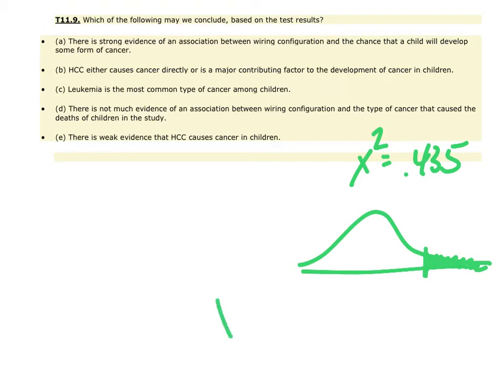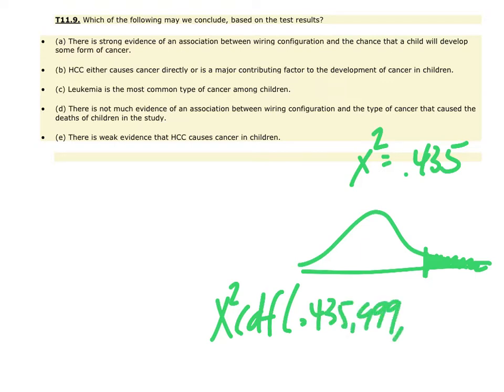So we're just going to do a chi-square CDF in the calculator at 0.435 of 999, and our degrees of freedom we already know is 2. If you do that, it's going to kick back a p-value of 0.804. Remember, the definition of p-value is the probability that our particular sample happened given the fact that H sub 0